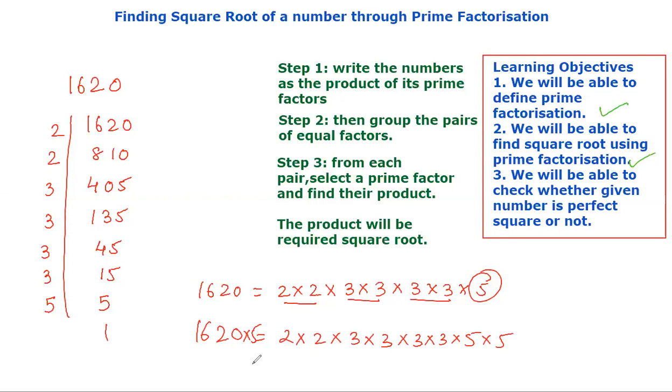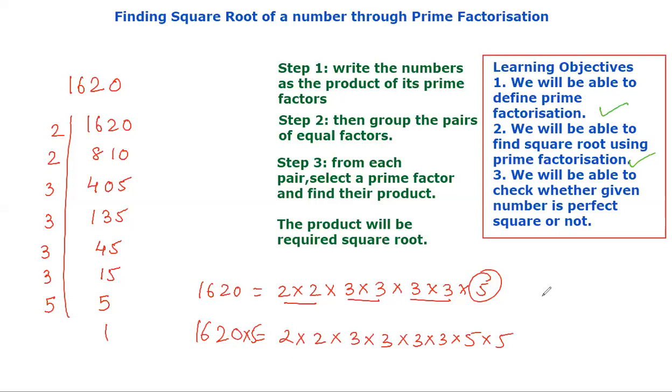So if a given number is not a perfect square, and if you are told to make it a perfect square, what you can do, you can either multiply the number with the number which is not having the group, right? Here 5 is left out, 5 is not having the pair, right? So what you have to do, you have to multiply it with 5, or either you can divide it with 5, right? So like this we can check whether the given number is a perfect square or not. And if it is not a perfect square, either we can multiply or we can divide. With what will you divide and what will you multiply? With the number which is not having a pair, right? It can have two numbers also.